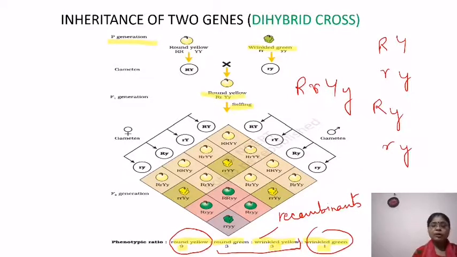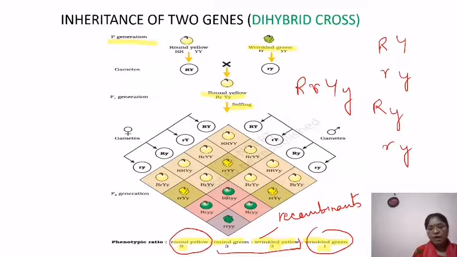Had capital R always gone with Y, and small r always with small y, you wouldn't have got these recombinants. You got them because they assorted independently, because capital R went independently of the other non-allelic